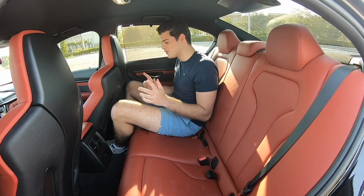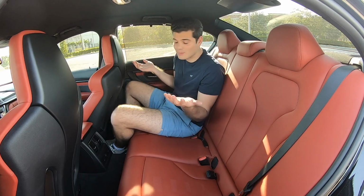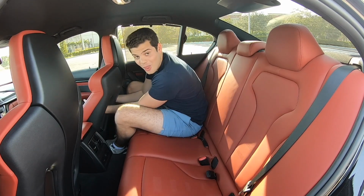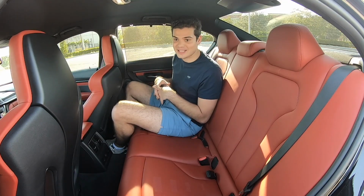I think it's also really funny that these M seats have these little holes here. It's got to serve for something. I don't really know what it is. You know, if you really have an obnoxious passenger in the rear, they can actually just go ahead and go. It's funny for us in the back, but then for the people in the front, it's like,